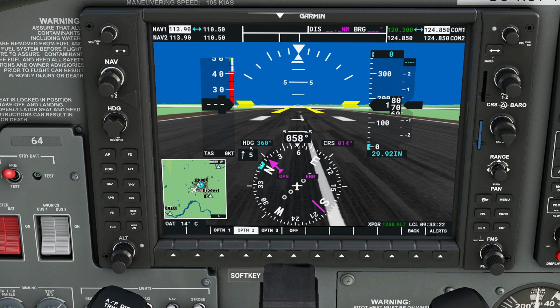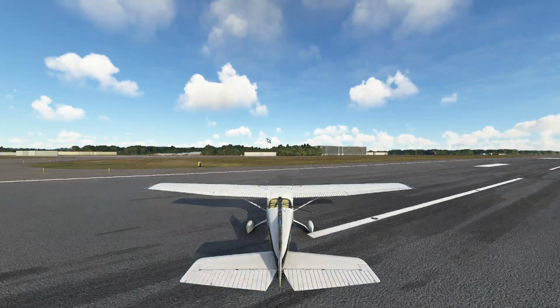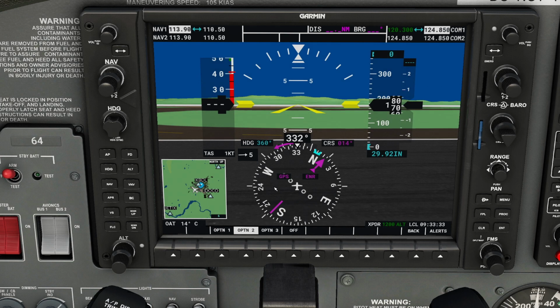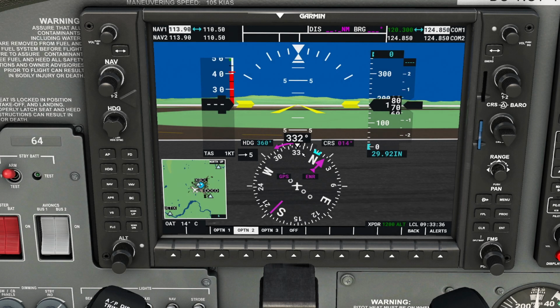Pressing option 2 is going to give you this lovely little arrow that's going to say the speed of the wind, which is 5 knots. And it's also going to give you an arrow giving you direction based on where you're facing. So if I were to turn myself like this, take a look. You'll notice that the wind arrow has moved to my left, pointing to the right, because the wind is now